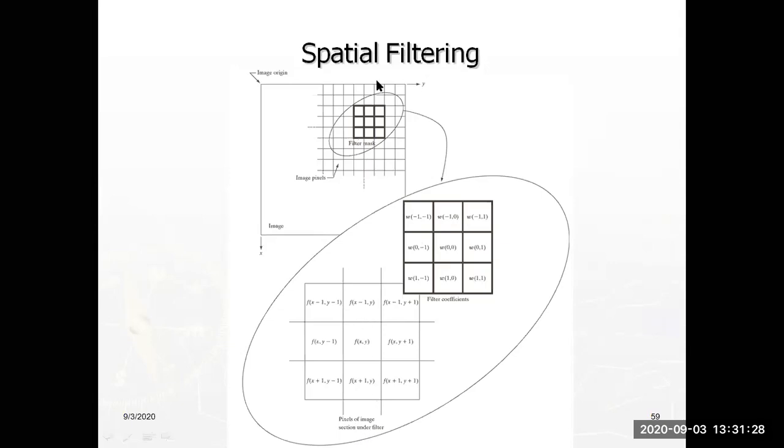Remember this? This is my original image. All these sectors are my original image, and these thick blocks are my filter coefficients, shown separately here. What are the pixel values under this filter? f of x minus 1 comma y minus 1 is the first pixel, f of x minus 1 comma y is the second pixel, and so on. What is the center pixel? f of x comma y. Similarly, the center pixel of your filter is w of 0 comma 0, with left, right, up, down and diagonals. If you combine these two, you will get the expression like this.